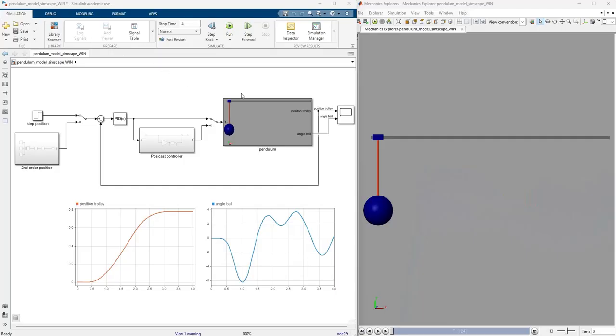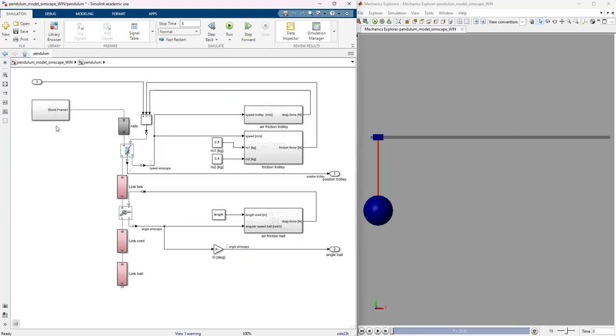Well, we made that model here in Simscape Dynamics. This is my model and this is the visualization of my model over here. When we click on it, we see how it's built. We have a world frame over here. We have the rails, which are modeled over here. We have a rectangular joint because this should move in the horizontal position. We have a link. We have a revolute joint, and attached to that the cord and the ball,